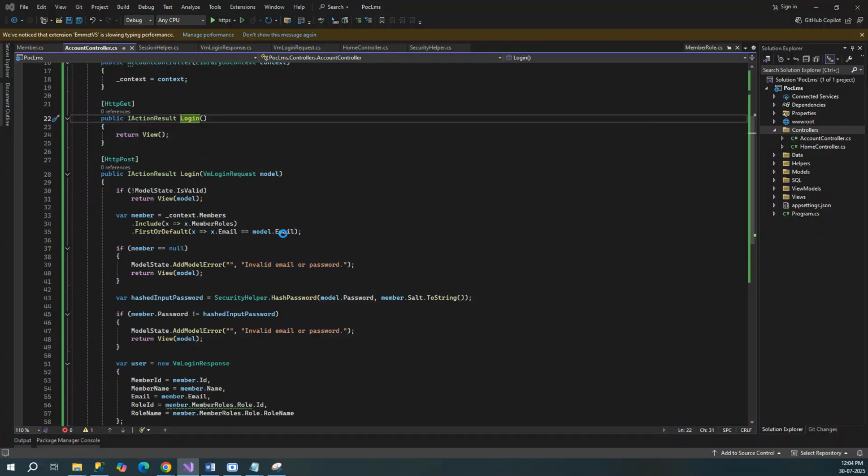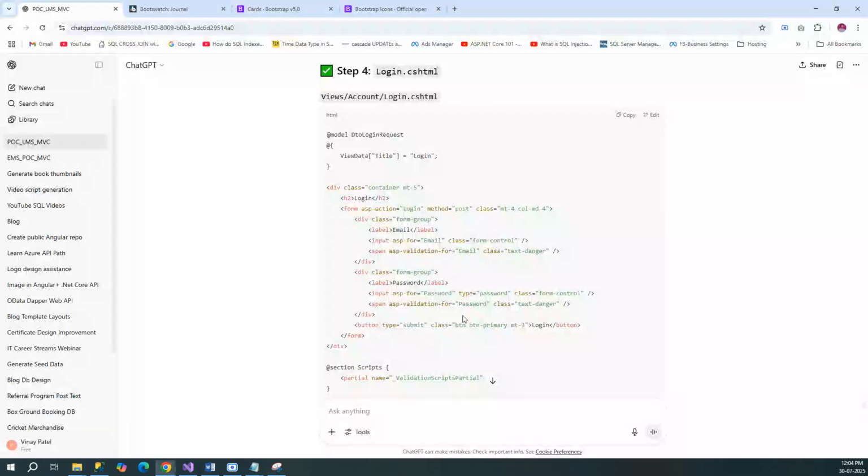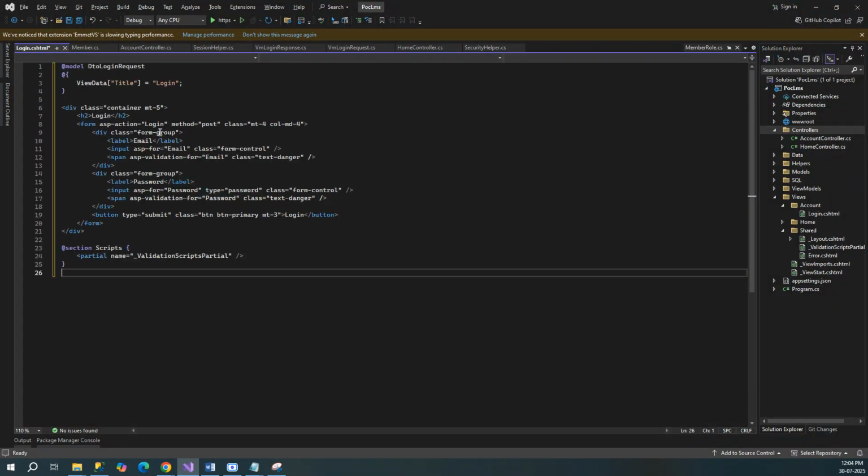We'll take empty, index, not index. We'll make it name login. Say add. We'll come to ChatGPT. We'll copy entire code from here. Come over here, Control A, Control V. This should be